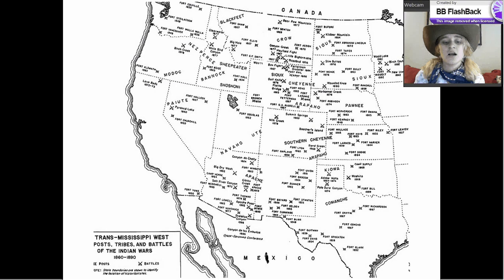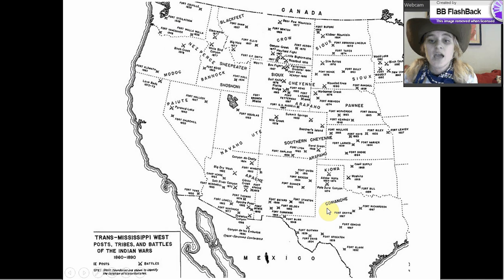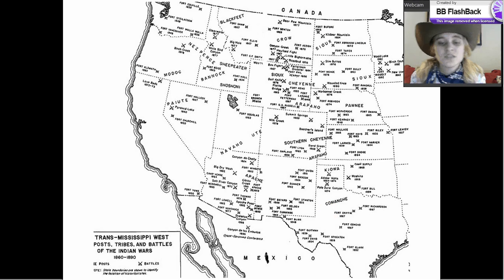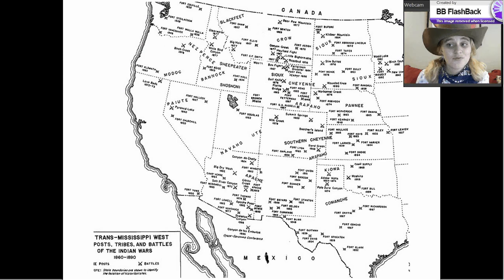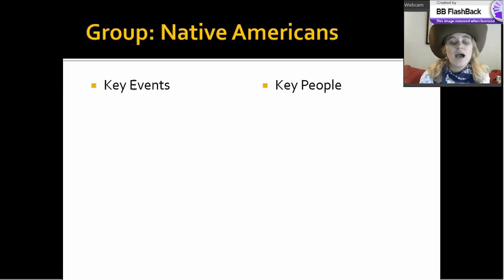So when you look at this here, this map shows us the Indian Wars that took place out west. So if you look carefully, you see again some of the names of some of the Native American tribes, the Cheyenne, the Sioux, the Crow, the Blackfeet, the Nez Perce. But if you look very carefully, what you'll see are these crossed swords. Each of these crossed swords represents a different battle that took place in the American West. So as you notice, there are quite a few of them. But we're going to focus really on just 3 major events that took place. So as we talk about the events, I'll put the key people on here as well that go with each of them. You might want to draw lines connecting just so you know where they go.